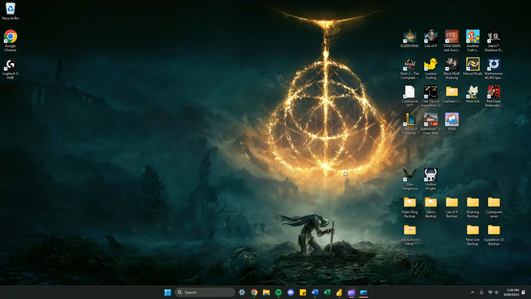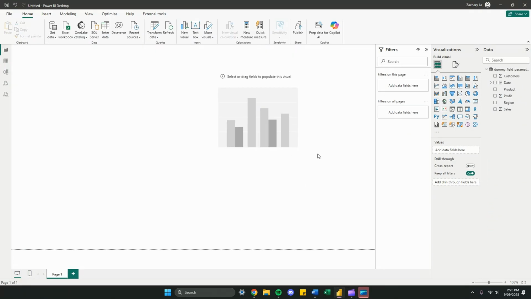So one of the biggest challenges in Power BI is avoiding clutter. And in this guide, I'll show you a clean solution using field parameters, where with just one chart and a slicer, we can dynamically switch between different metrics and dimensions. So in this case,